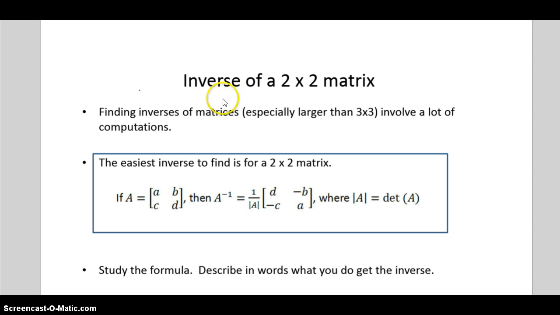Again, inverses can only be done for square matrices. I'm going to ask you to memorize the formula just for 2 by 2s here. And 3 by 3 and bigger, we're just going to do on the calculator. So the formula for a 2 by 2 inverse is, if I have my A matrix, A, B, C, D, the way I'm going to find the inverse is I'm going to take this scalar,